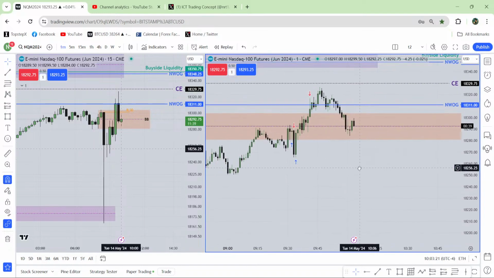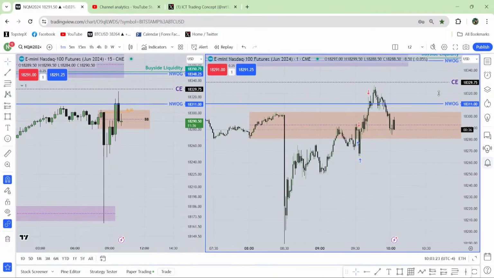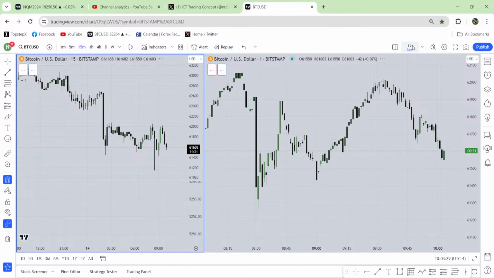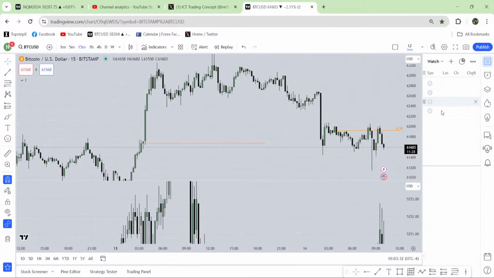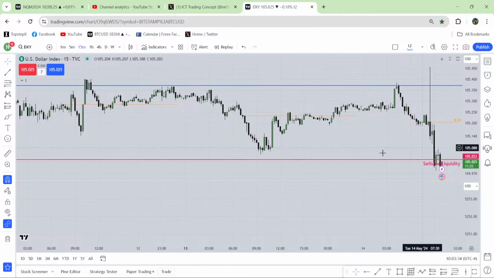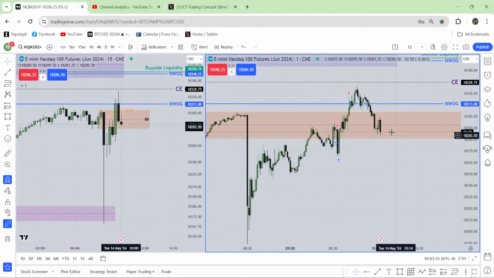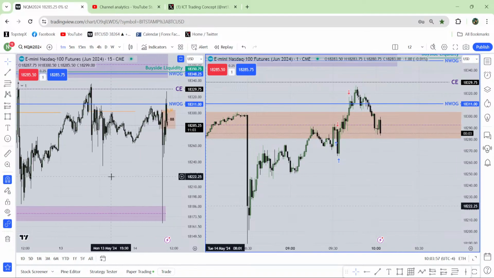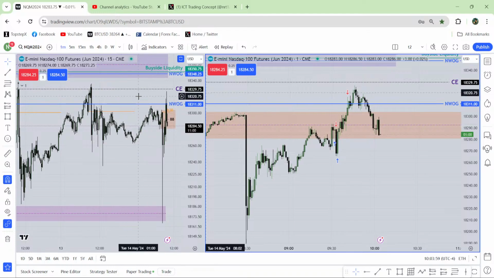Oh man, I don't know what is happening in dollar index. Did it take the liquidity or not? Let me check if I am able to do that. Let me try one more time. Okay, it has taken the, okay, it's also jammed, not working at all. It has taken the sell side liquidity. Now it can go for the buy side liquidity. So it can reverse. Dollar index can reverse. If dollar index reverses, then this guy can keep falling. We will see. Right now, I have no way to trade. Just no way to trade.